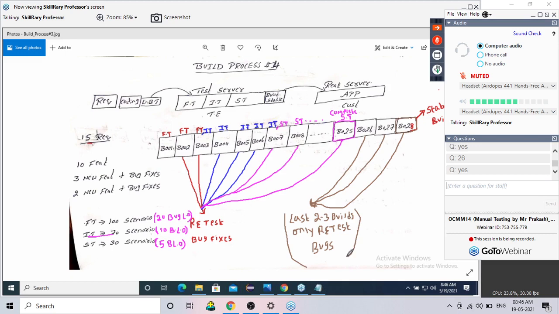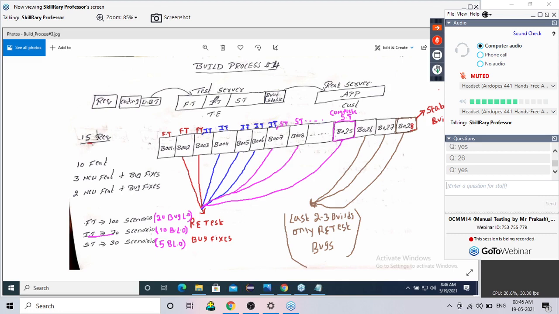Summary, please listen carefully. Summary is, once we get the requirement, developer does coding, then white box testing, then we do functional, integration, system until the build is stable. But the practical answer is, once the build is installed in the test server, for the initial 4-5 builds, we do only functional testing along with retesting of the bugs.